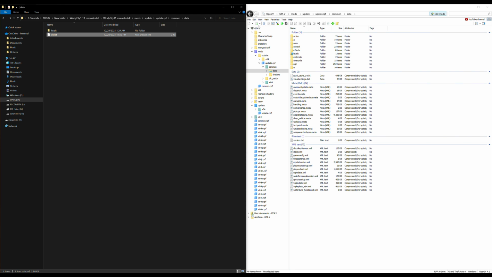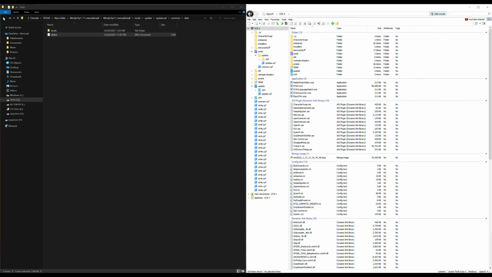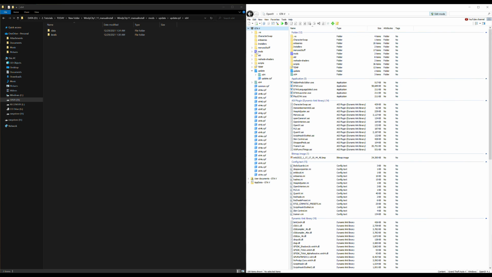Okay, now let's go ahead and select file, close all archives. Then I'm going to select the back arrow, select the back arrow again, and now we're back inside our update.rpf folder. We already went inside common and installed all the contents inside the common folder. Now let's go over to our x64 folder. We're going to open that one up, go back to our Open4, and then what we want to do is select our mods folder,